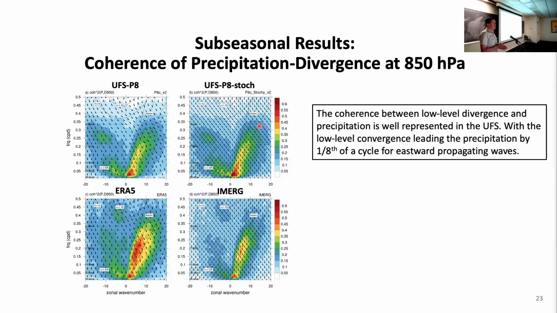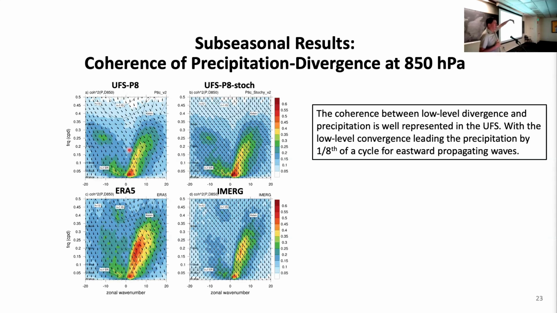And then this is going into a higher standard. This is actually the coherence now. This is looking at the connection between the precipitation and convergence. And here the model actually does pretty well, where these arrows also show the phase. So these arrows that are going down to the right indicate that divergence is out of phase with precipitation, which you expect. You expect convergence when there is precipitation, but it's not